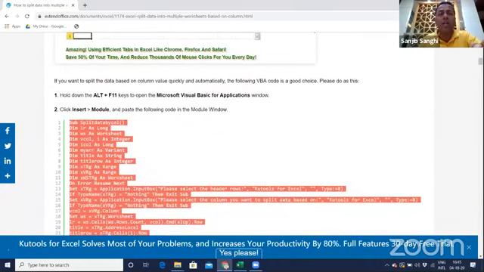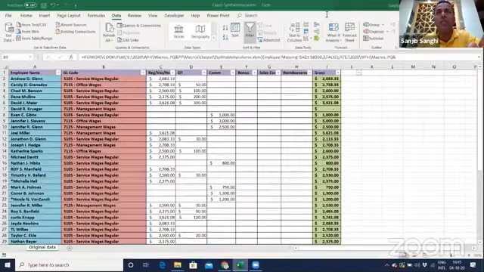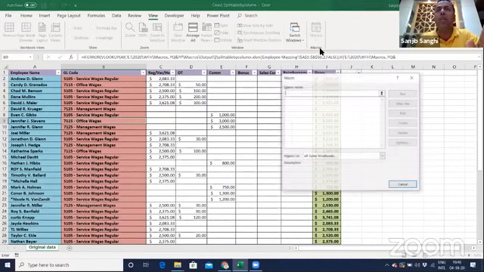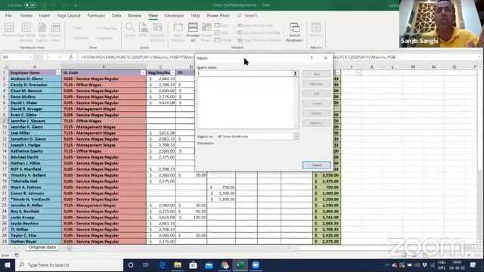Now go back to your Excel and let me share that for you again. Yep, it is shared. Mayur, let me know if anybody can't see it. Then you go back to your macros, View Macros. This time you are not recording a macro, you are just creating one. So in View Macros you create a name for this. My name will be Split Table. I can give any name I want, and hit Create.